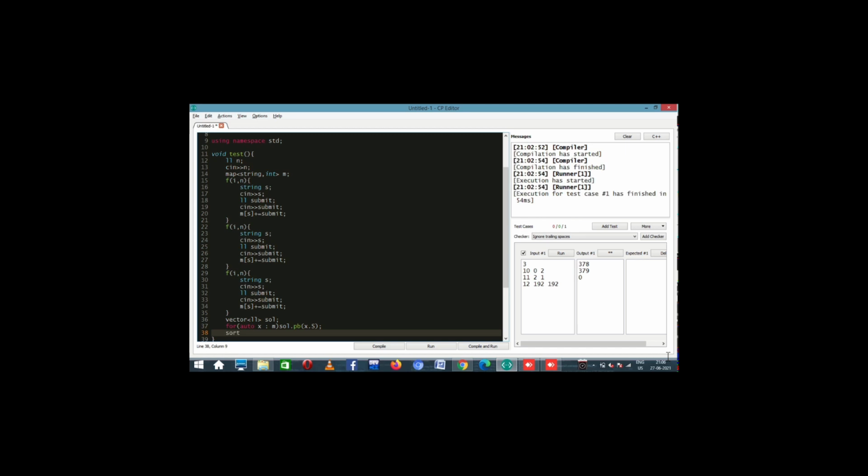So the x.s is the counts of each of them. We can again sort solution, and that's it. We can print it as well. Yeah, best way I would say auto x solution cout.